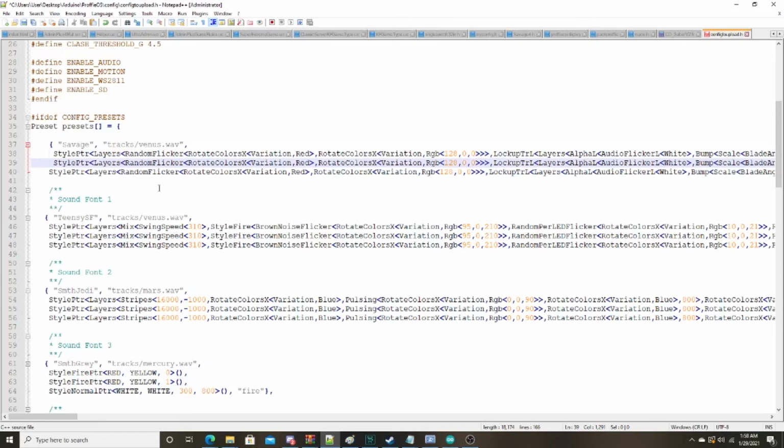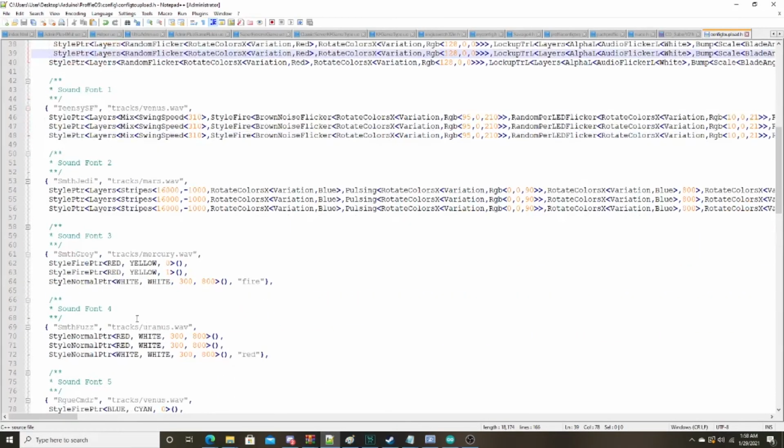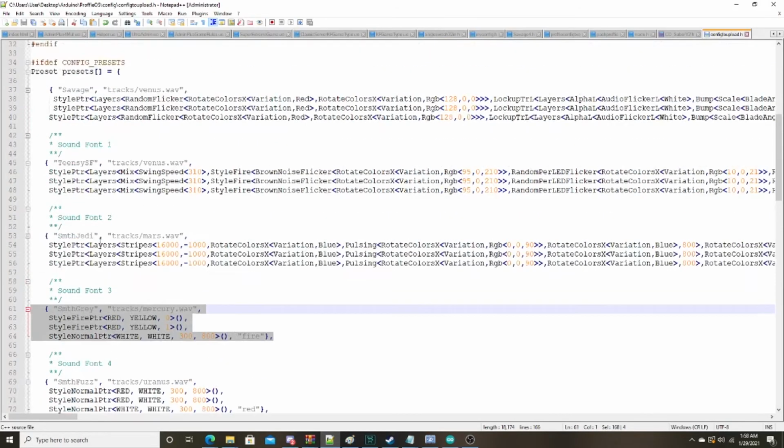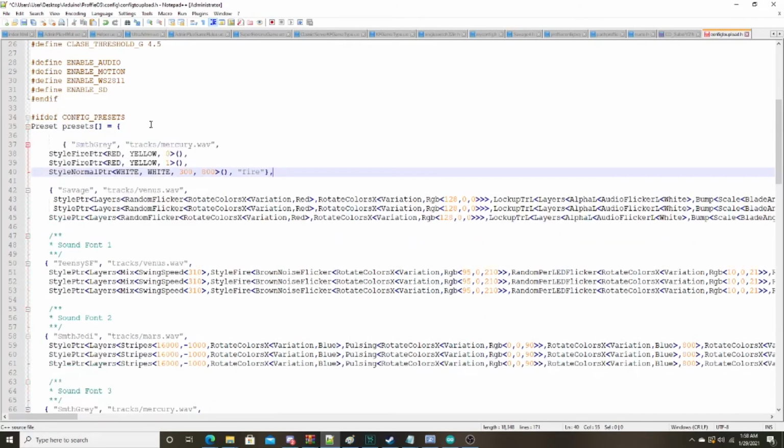So if you upload this into your Profi board right now, this new sound font is going to be on your Profi board, and all you have to do is save and then upload it. But if you don't want to type this out from scratch, you could literally just copy one of the other sound fonts' code already, and you could just copy and paste it right here. And if you want, you could just format it correctly, and then you could just change this